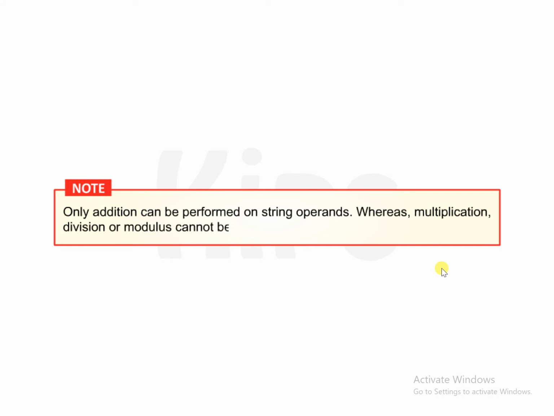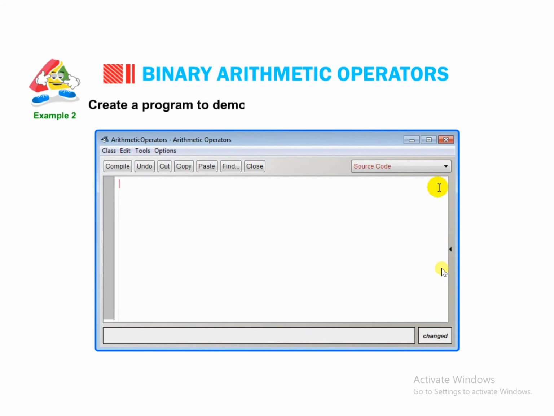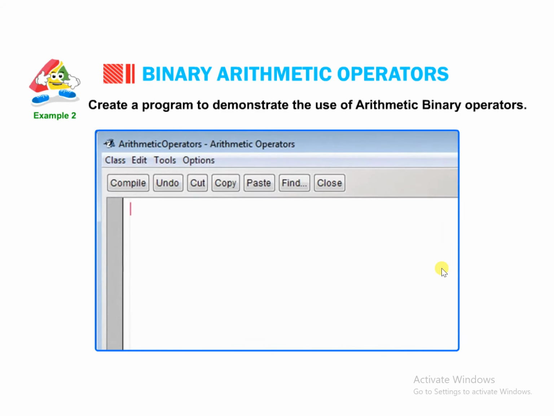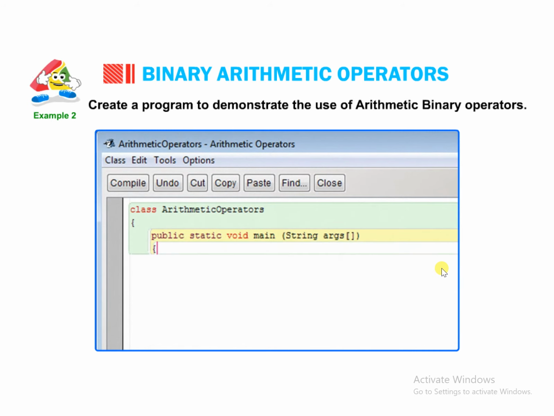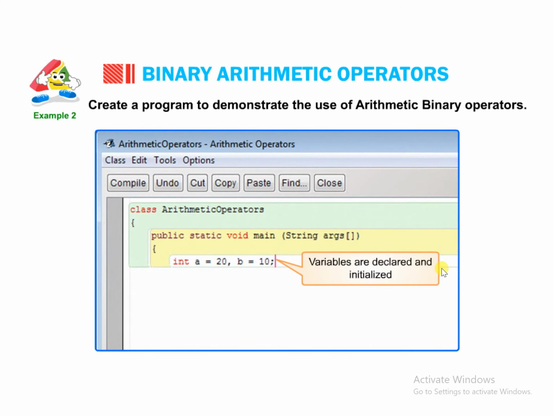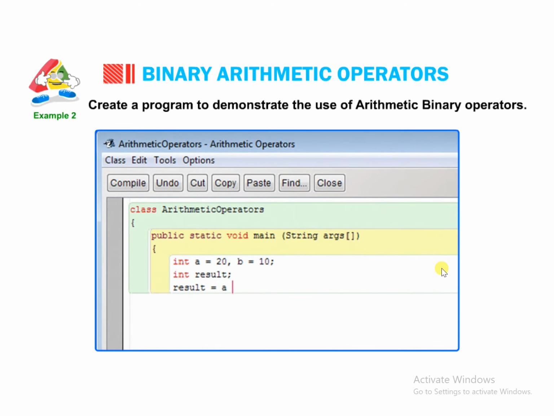Students, know that only addition can be performed on string operands, whereas multiplication, division or modulus cannot be performed on string operands. Example 2. Create a program to demonstrate the use of arithmetic binary operators. class ArithmeticOperators { public static void main(String args[]) { int a = 20, b = 10; Variables are declared and initialized. int result; result = a + b; System.out.println(result);